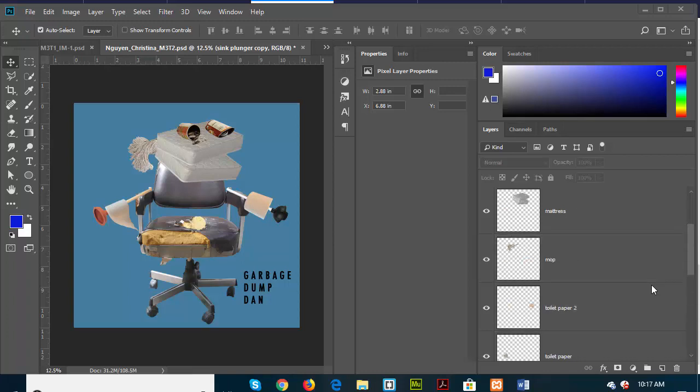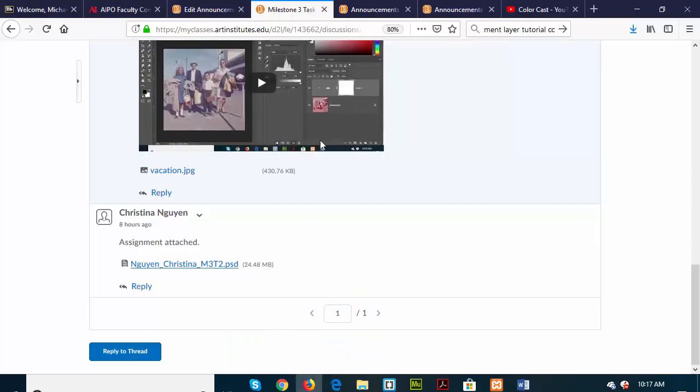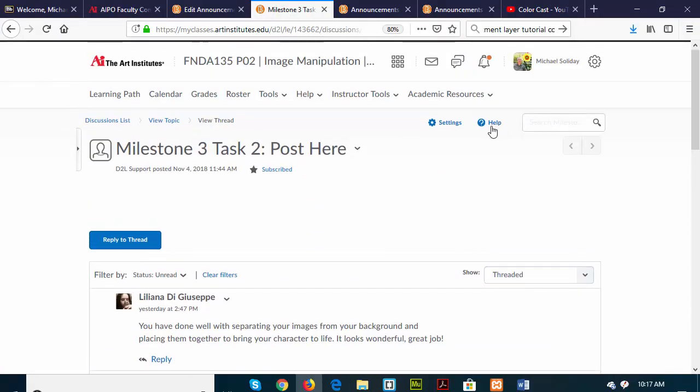Now, as I take a look at this, I like what I see. Now, the big issue here is I don't see any layer mask added for selections. And we want you to do a non-destructive, and we want you to select your images using a layer mask. So if I go back into the instructions area real quick,